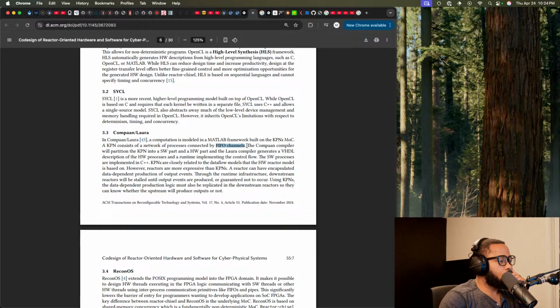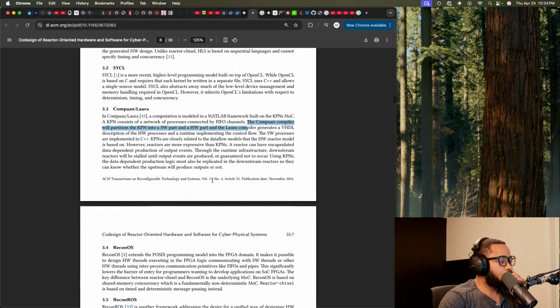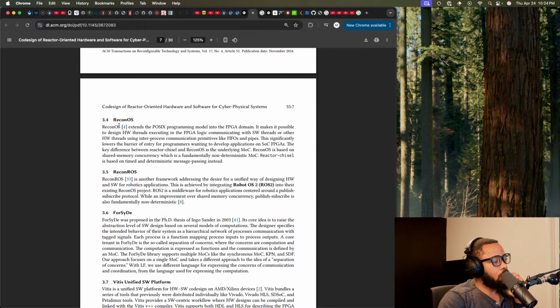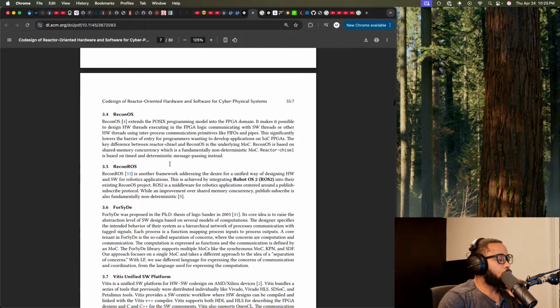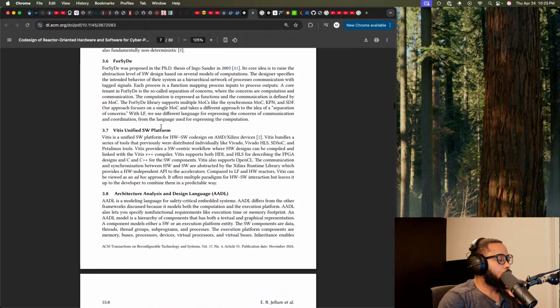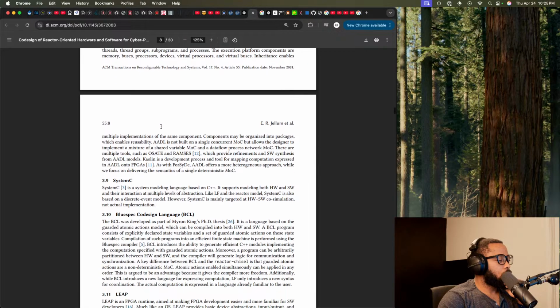For channels. Reconfigurable OS. I've heard of SystemC before.